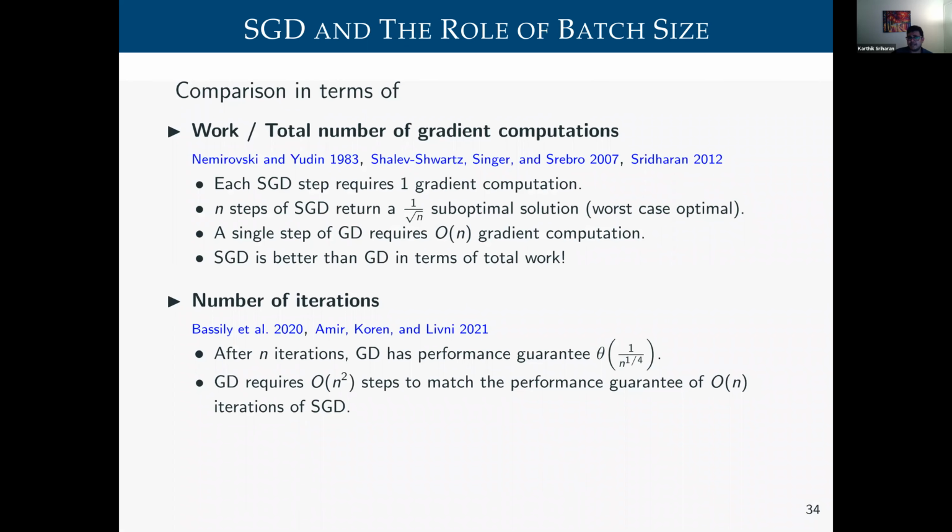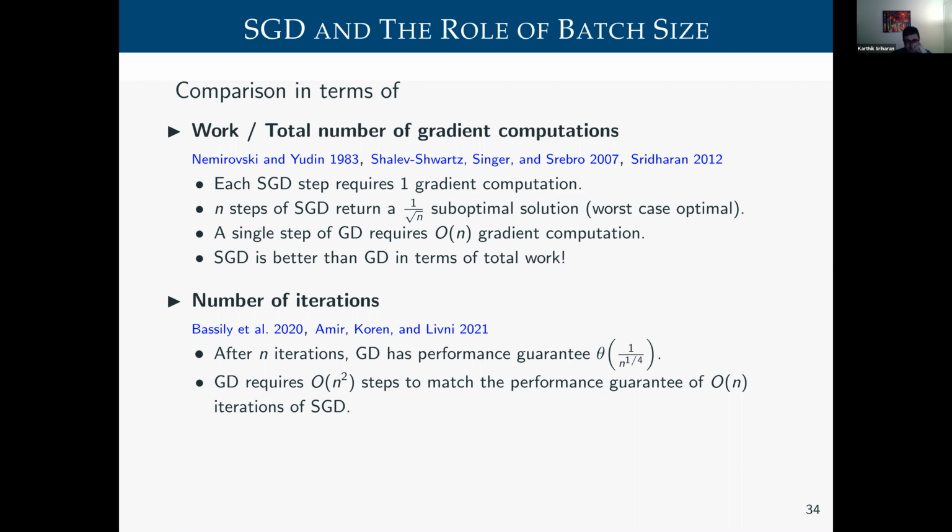Okay, so in terms of comparison, there have been several comparisons. This was one of the questions that was asked earlier, the comparison between SGD and full batch gradient descent. There has been past work of two kinds. One is where you compare the work, which means that you look at the total number of gradient computations that SGD does versus that GD does. Here, the explicit comparison was not done back in '83. I think the result was known back in '83, but the explicit comparison was done more